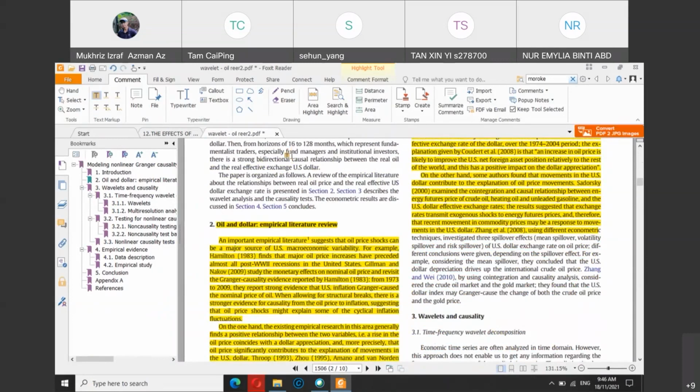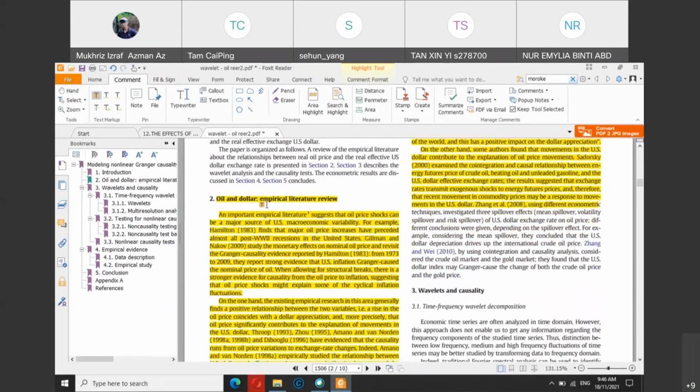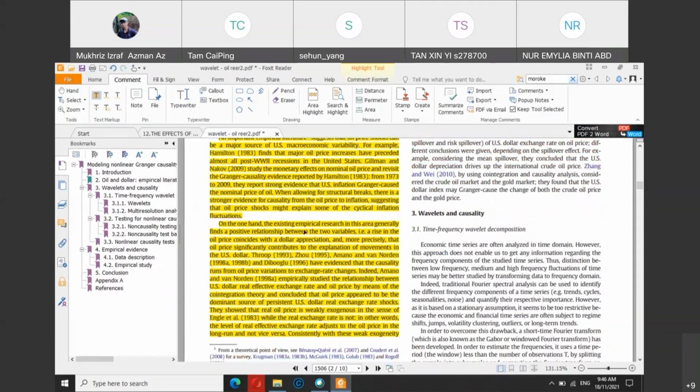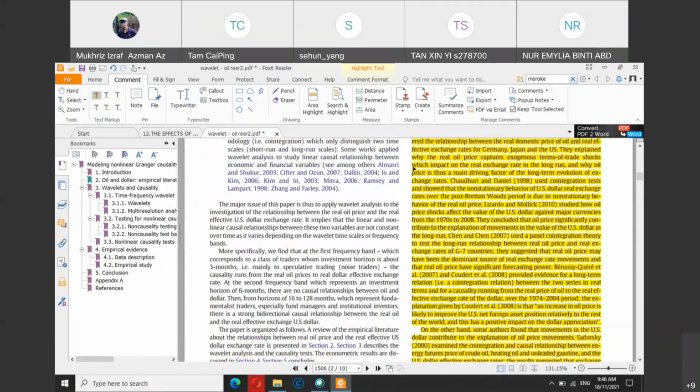The more articles you read, in that particular article, it will provide more articles for you to use in your own thesis. So there are a lot of articles for you to refer to in your own project, especially if the topic is very common, very simple, a very popular topic. This article is referring to many other articles in the literature review section. So you can use the articles referred to in this journal and put them in your own thesis.